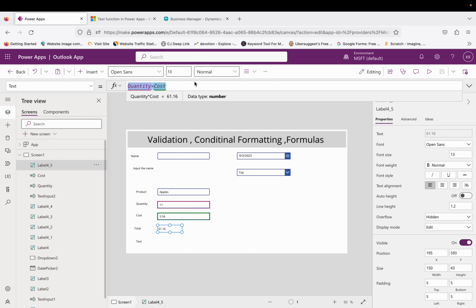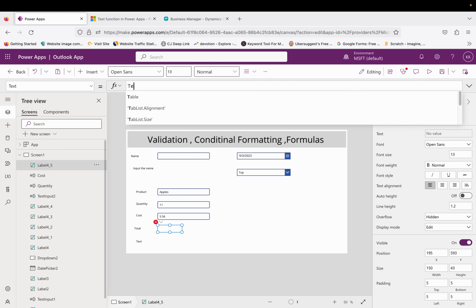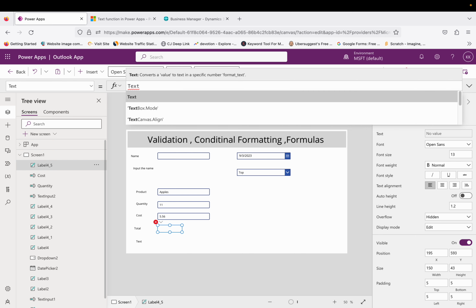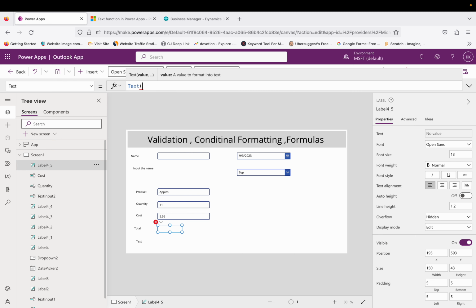So what we can do is use the function text, and then it takes the values to format into a text. So what value we want? We want whatever be the multiplication of the quantity and cost, it should show me with some dollar sign or some formatting of